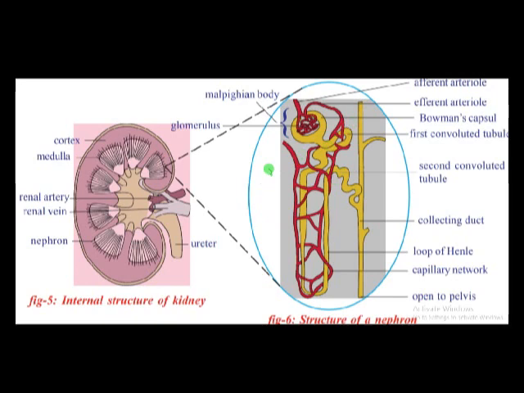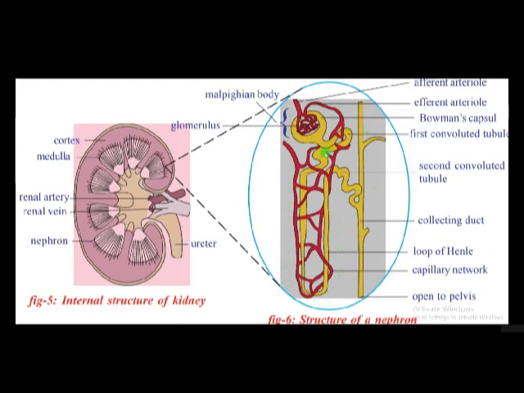If we observe the nephron, it mainly contains two parts. First, this cup-like portion. This portion is called the Malpighian body, and the remaining portion is called